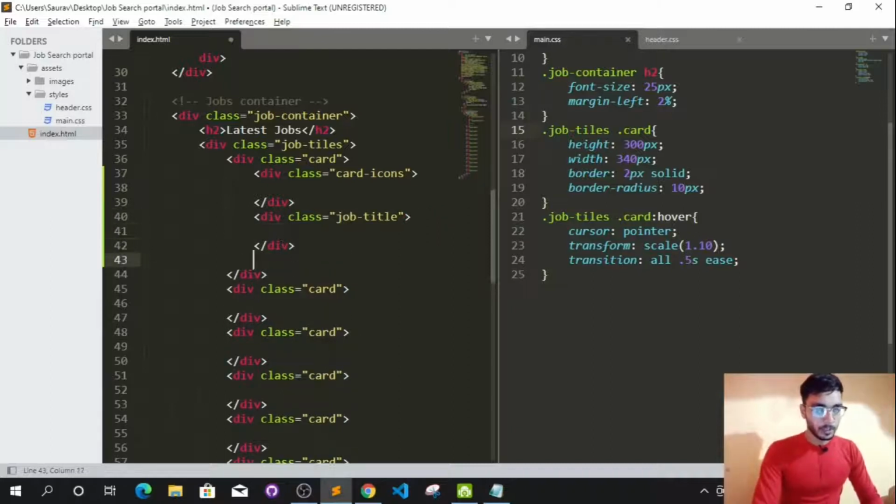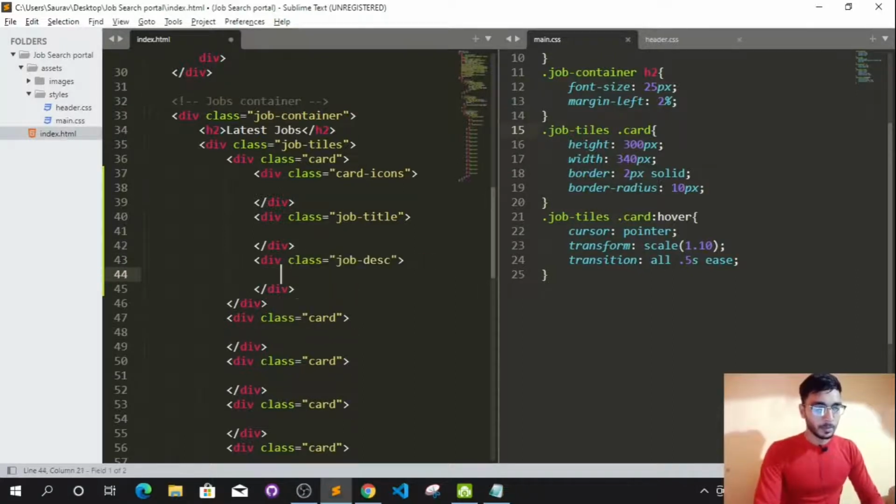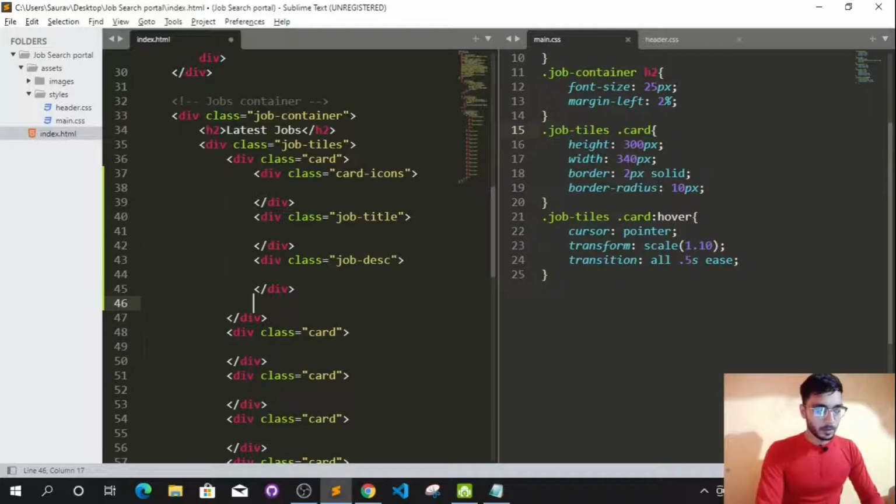After job title, I will be having div.job-description, and after that I will be having buttons. So whatever we call these buttons, I think job card buttons, card